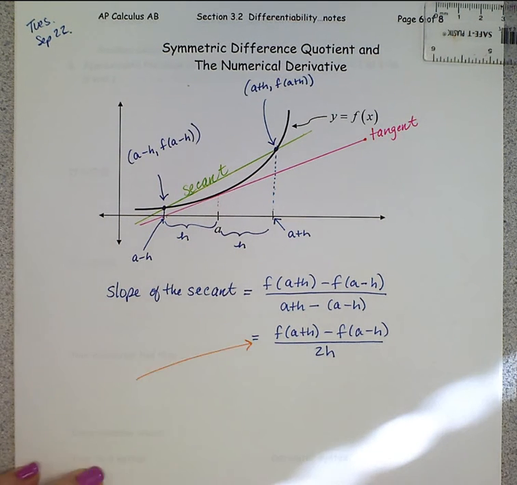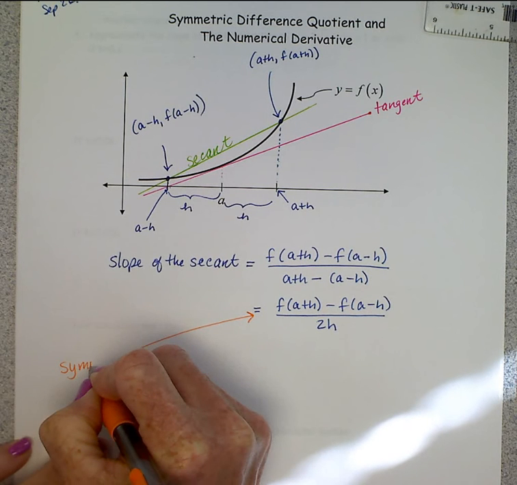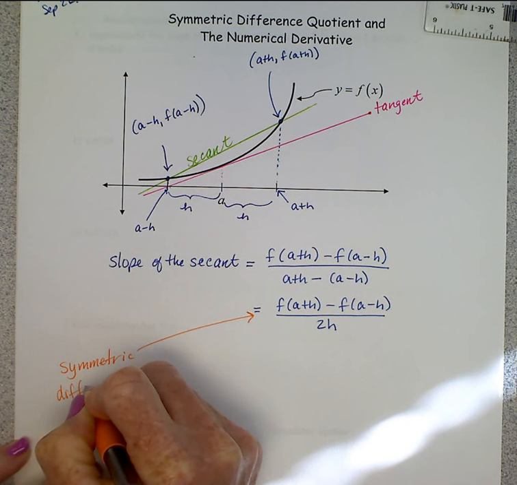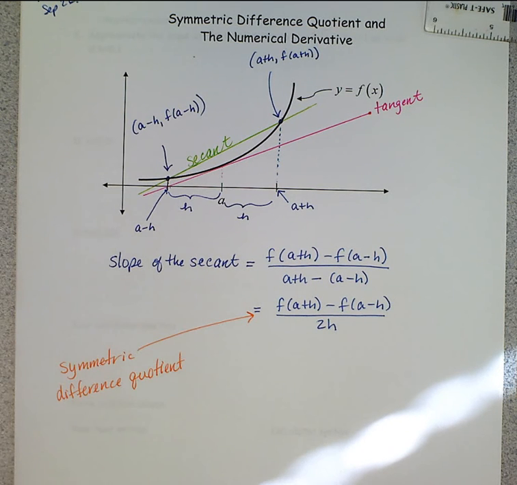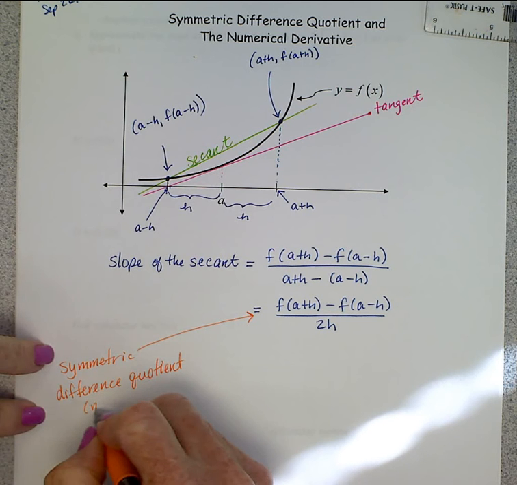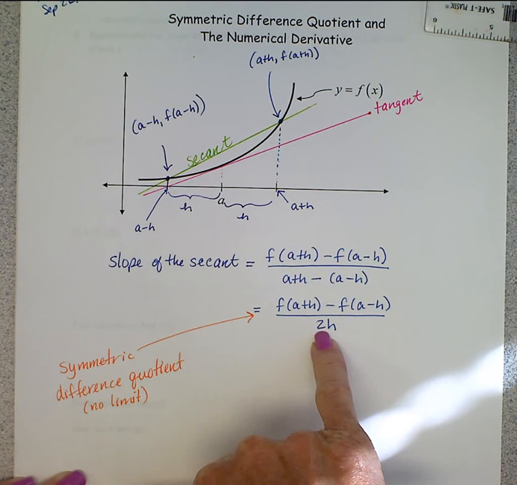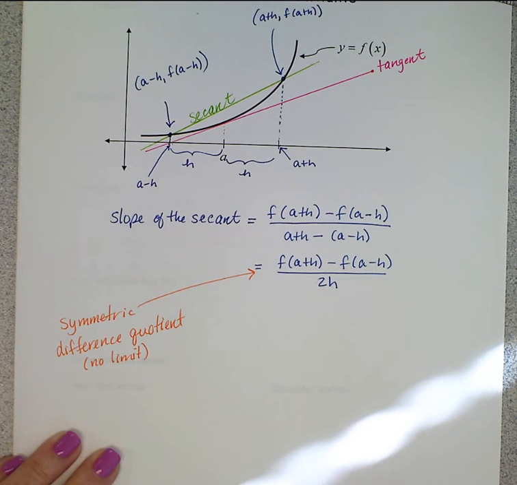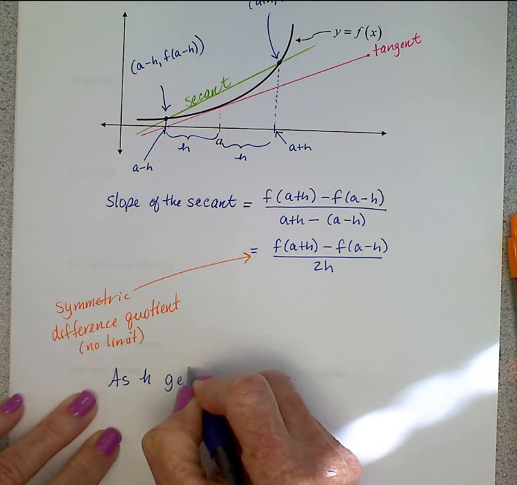This expression right here, f of A plus H minus f of A minus H all over 2H, is called the symmetric difference quotient. That sounds very similar to what we've been talking about, but different still. What's different? Okay, one, there's no limit. Before we called them standard difference quotients. We only had an h up here instead of a 2h, and we had a limit. For this symmetric difference quotient, what we say is that as h gets sufficiently small,